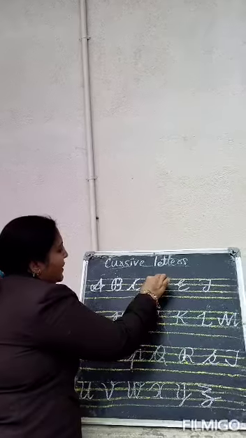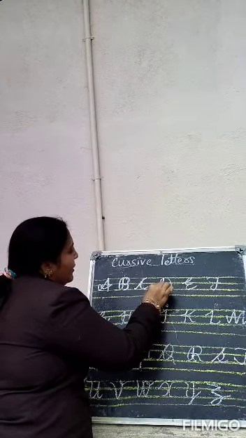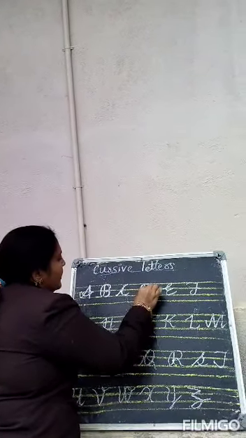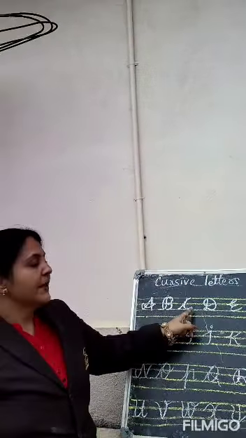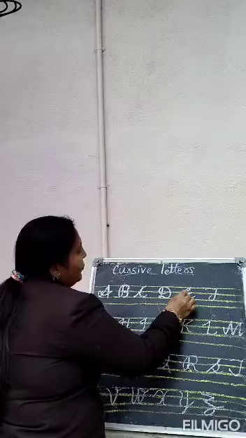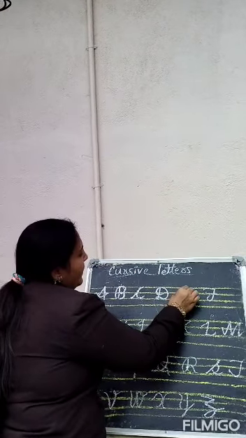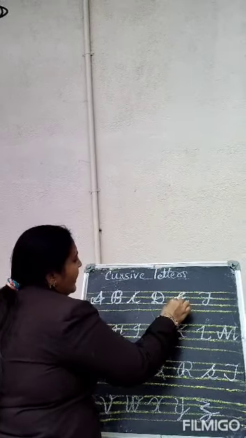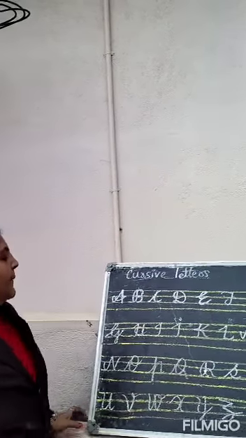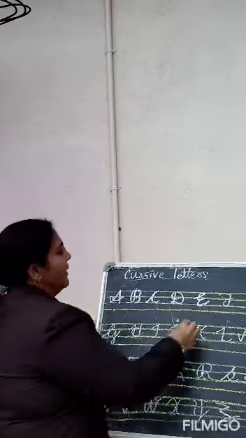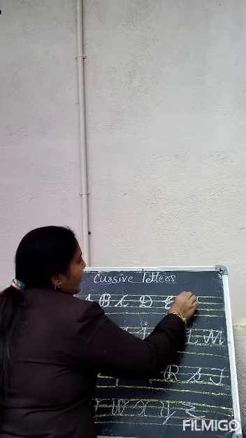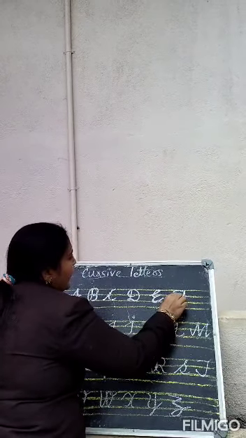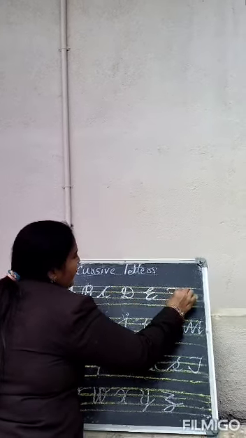Again we should come from here, upper line, then go to the third line, then come like this and join the middle line. This is capital D. Then we have to come to the second line, join the first line, again the middle of the line, and then end here in capital E. Then next, F. We have to start from the first line, come down to the second line, and here in the middle line, F.